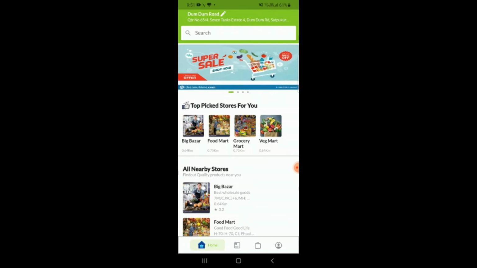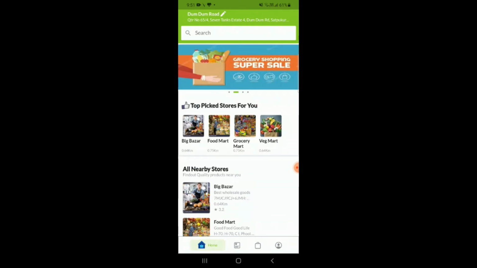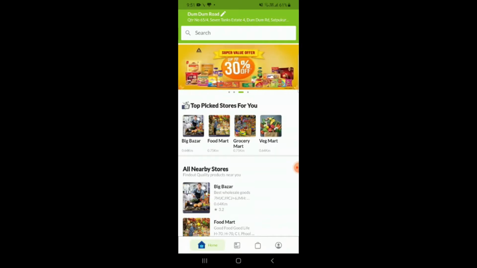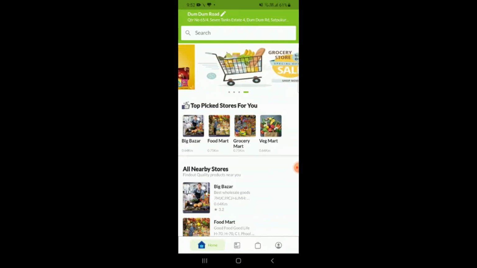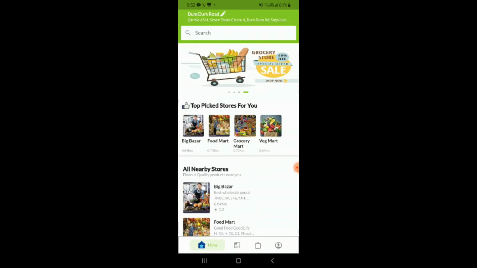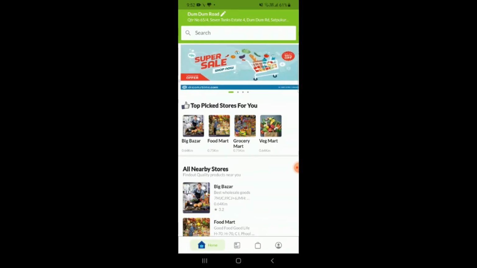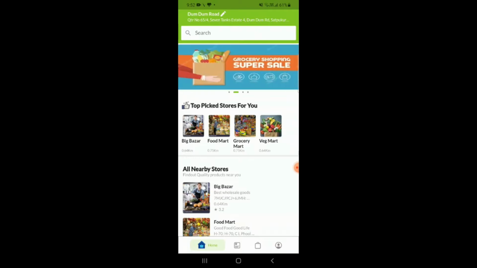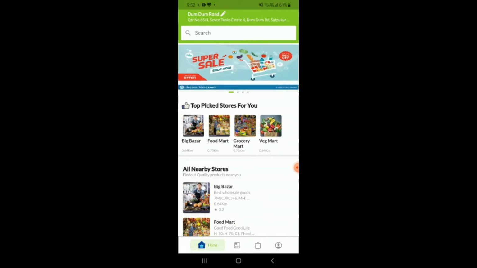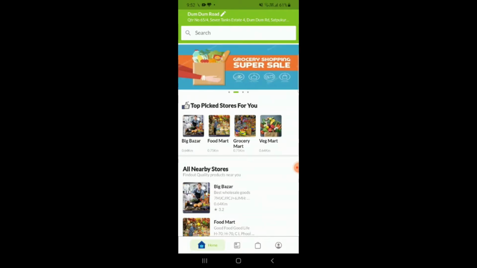So, we have come up with this idea by virtue of which we can choose the trustworthy shop dealers present in our locality and select the products that we want to buy from them, and that will be delivered easily at our homes, and we don't have to go out during this pandemic situation. So without much delay, let's begin how this application will work.